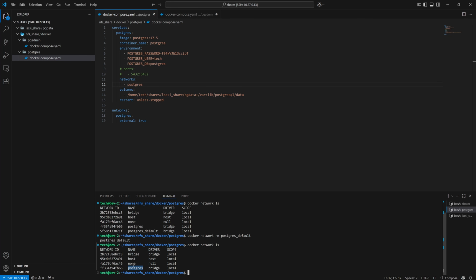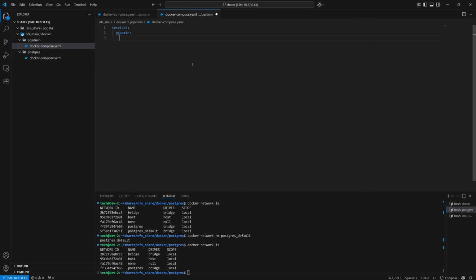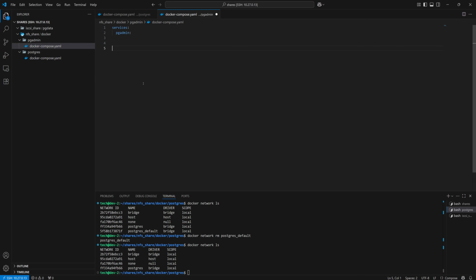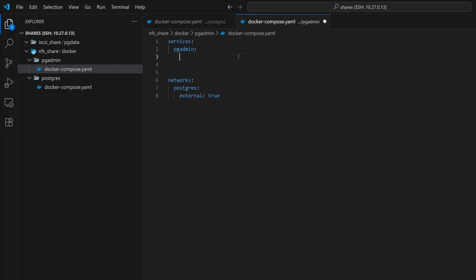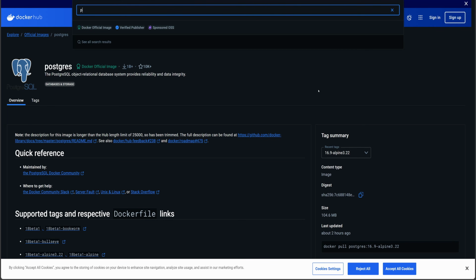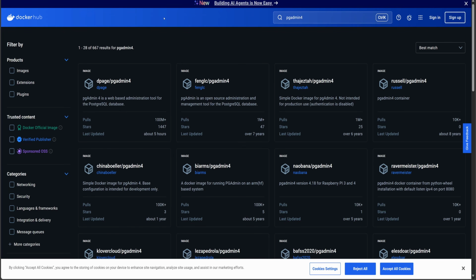Similarly, we need to do the same thing for the pgAdmin Docker Compose file. So I'll start by copying the network section from the Postgres file and pasting it here in the pgAdmin file. Now let's define the rest of the configuration. First, we need to mention the image for pgAdmin. For that, I'll head over to Docker Hub, scroll back up, and search for pgAdmin4. You'll see an image named